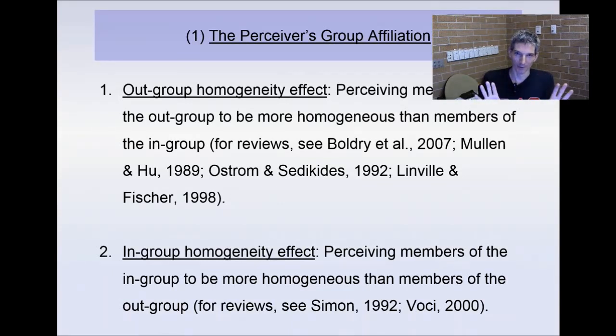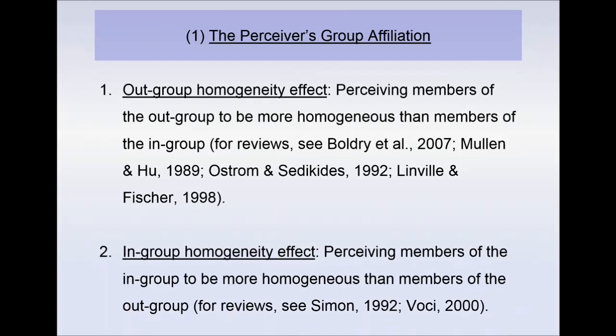Now, to confuse matters even more, after getting that wrong, I can tell you that we do have an outgroup homogeneity effect, but sometimes you get an in-group homogeneity effect. So sometimes you perceive members of your group to be all similar and the members of the out-group to be more different. It's all a relative effect, by the way. It's not really about what's tied to reality. It's about whether or not they are more similar or different to each other compared to you. So you can get these two kinds of effects: in-group homogeneity effect and out-group homogeneity effect.